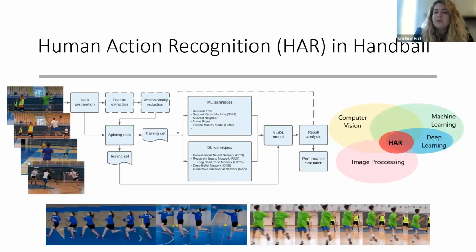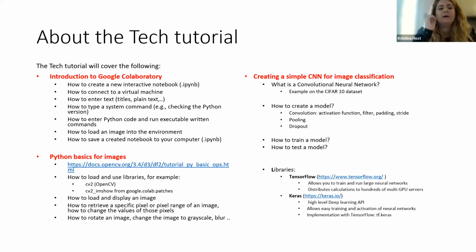So human action recognition in handball is a supervised learning task. Why is this important? Because we are going to do that today, but in a different example. We are not going to classify actions that are happening in handball like I'm doing, but we are going to classify different images into different classes. So we can start, but with this introduction to Google Colaboratory, we will do some topics like